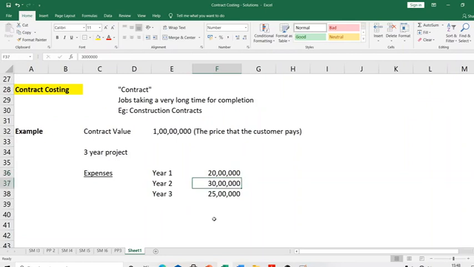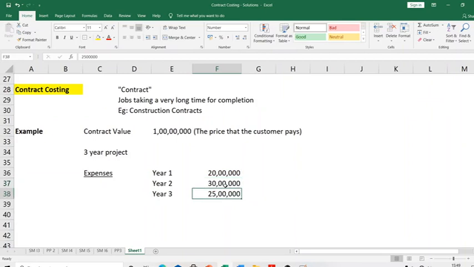Similarly, year 2 P&L, what happens is you bring in opening stock of 20 lakhs from the previous year. You have that year's expenses of 30 lakhs. So now you have debit of 50 lakhs in your P&L. But do you recognize any revenue? You don't recognize. So the entire 50 lakhs, you go to the P&L credit side. You say by closing stock WIP, 50 lakhs, again you knock off everything in your P&L account. Second year P&L also has nothing.